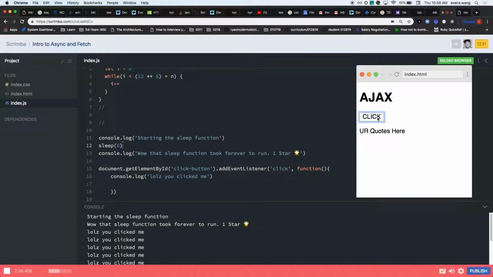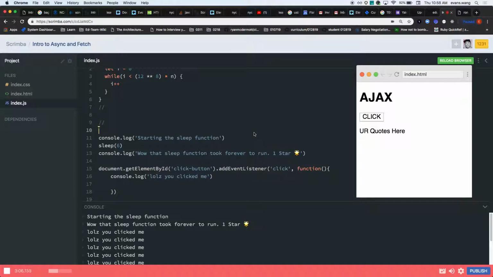So if I said that the while loop is blocking, does this make more sense? If I say code is blocking, will that make more sense to you? It means that while this is running, nothing else can happen. So if you remember back in the 90s, who's been on a website where while it was loading, you couldn't even scroll, right? It was kind of a 1-star user experience, right? It was terrible. And it's because a lot of the JavaScript, the behavior that the code was being run, blocked